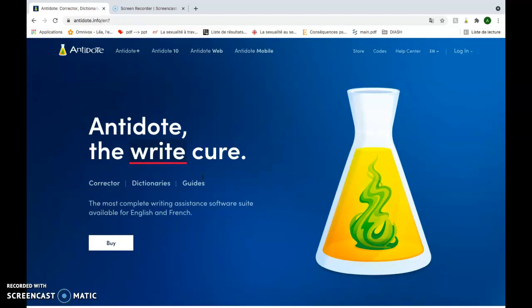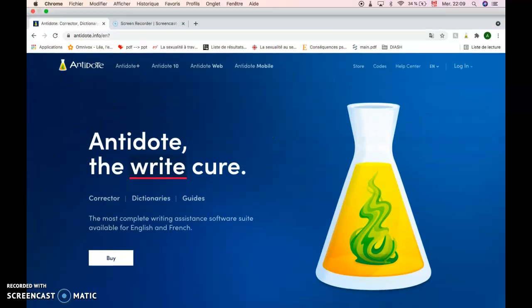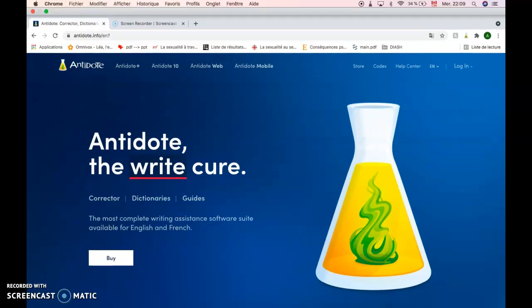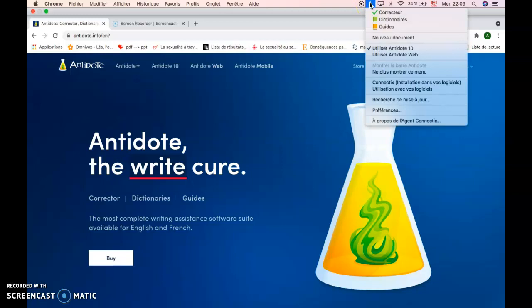Since I already have the Antidote on my computer, I'm not going to buy it, because like I said, I already have it on my computer. When you buy the Antidote and put it on your computer, it's going to appear in the top right corner of your desktop, which is just here. If I click on it, I can see,